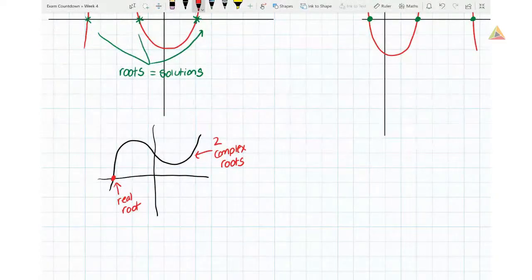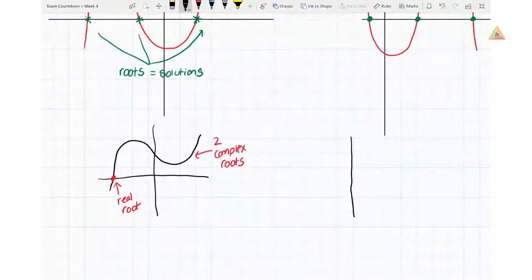In other words, it crosses the x-axis once, and it has 2 complex roots. So it still has 3 roots, but only 1 real. And another type that we might come across